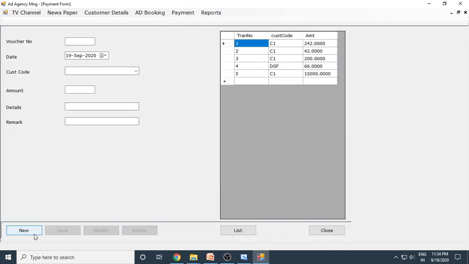Now we need to collect the payment from them. If you go to new and you select Infosys, see that 1.5 lakh rupees will come. You can also collect part payment, then it will show the remaining. Alright, so collected by check. Number, some number. So remark cash completed. Right. So save, the record is saved.